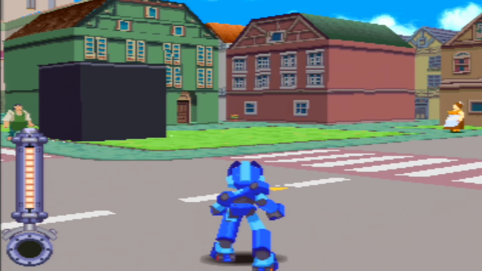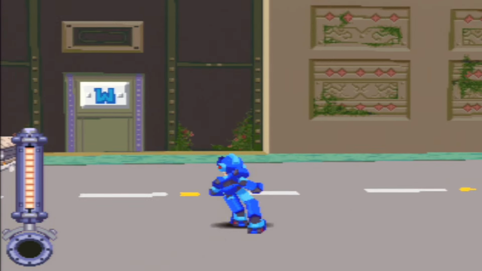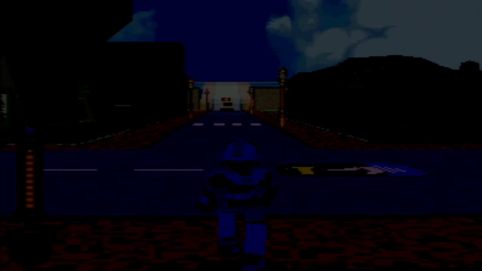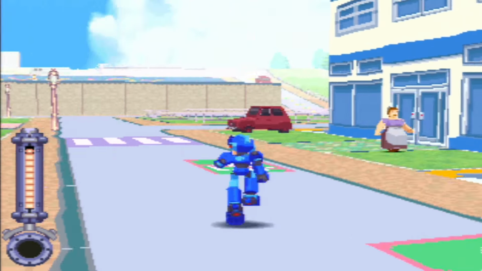Alright. Where am I heading? This way. Charge, Mega Man, go! Spin up. Flower pots? Ow! I'm gonna need that walking equipment. Into the hospital. Let's just go. I'm glad that we made a new friend and all, but